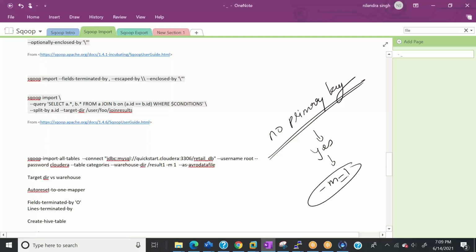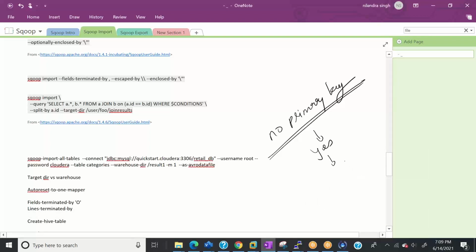If there is no primary key, see, the purpose of the primary key is to split the data into multiple mappers, right? Max minus min divided by the number of mappers, something like that. So if we have no primary key, the split won't be taken care of. But if we don't want to split the data, then we can say the number of mappers is 1, and then it will be taken care of, right?